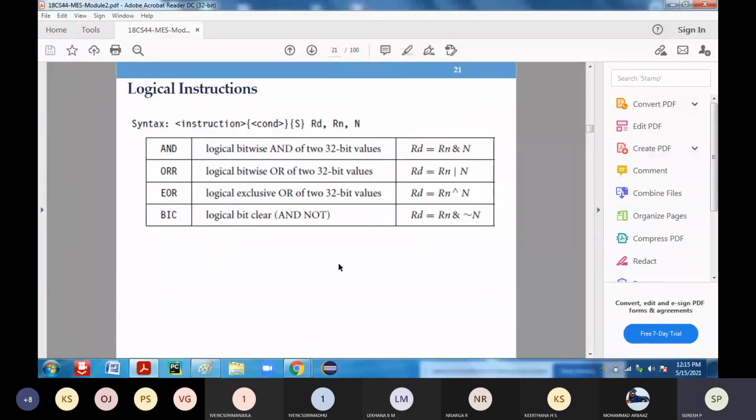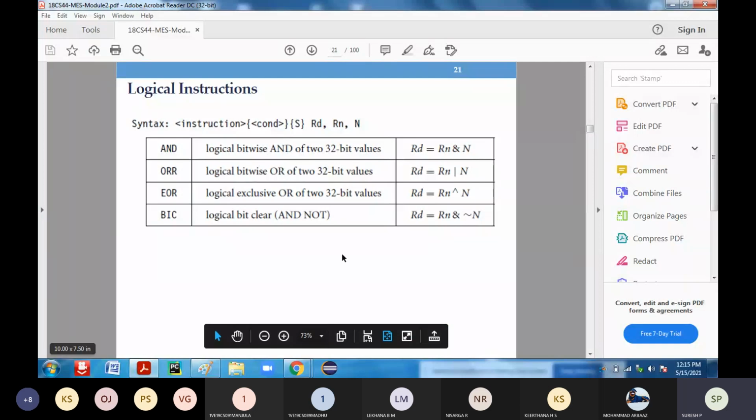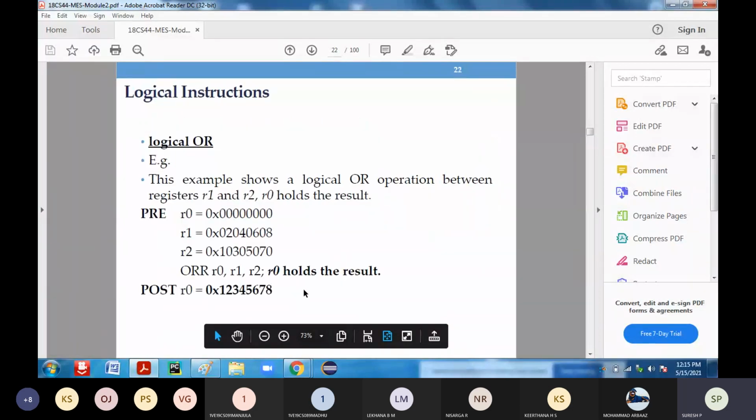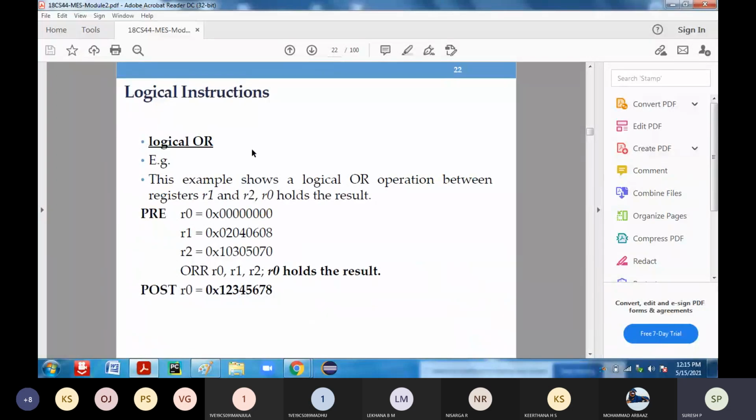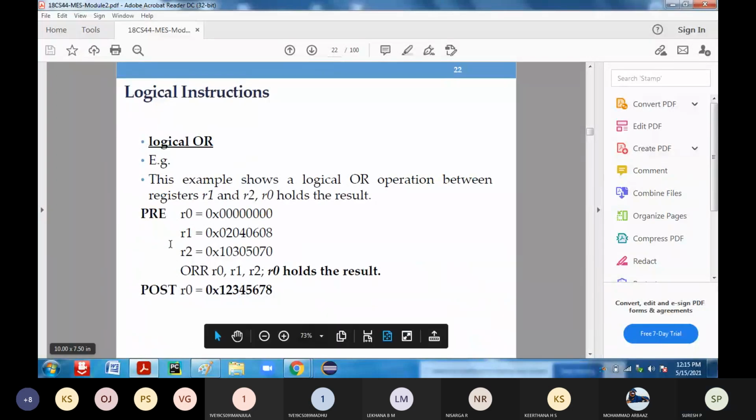Let us see with an example how the AND and OR instructions work. This is one typical example which you are going to have.